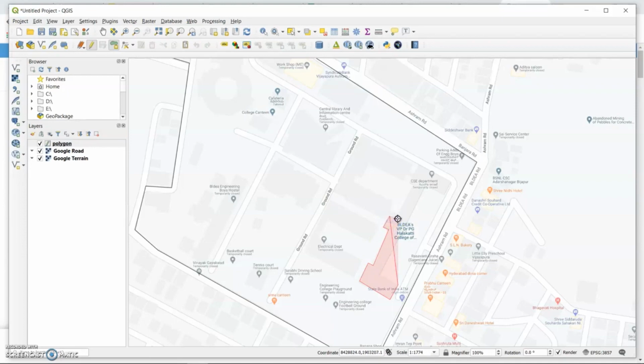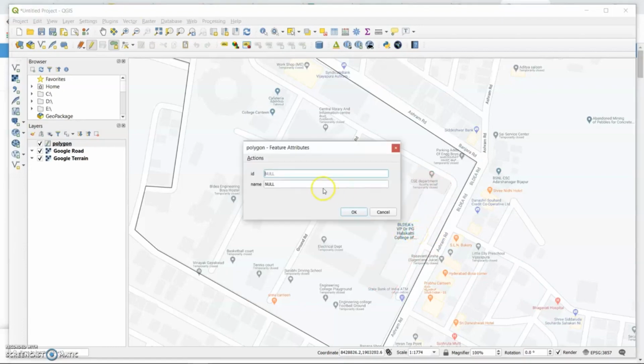Like this. See, like this, I have drawn another polygon now. So once you draw this another polygon, again the same procedure. Click right.